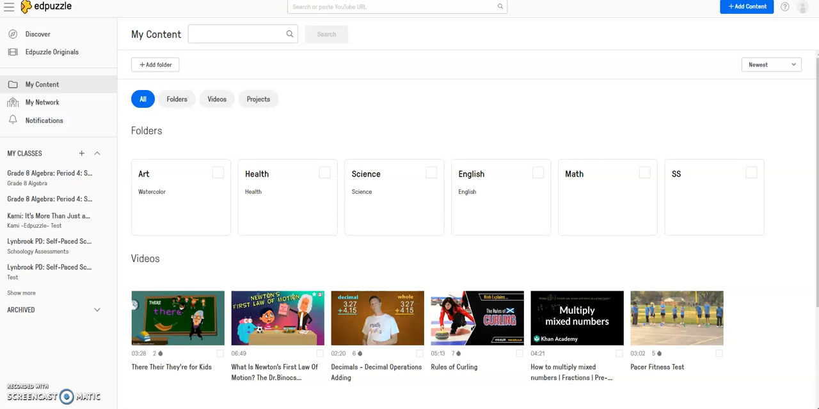Assigning Edpuzzles through Schoology is pretty simple to do. All you have to do is have your Edpuzzles ready to go, and you're going to make sure that they are in your My Content folder, as you won't be able to look through the Edpuzzle database and pick something randomly. I also would suggest, especially the first time that you're assigning an Edpuzzle through Schoology, that you log into